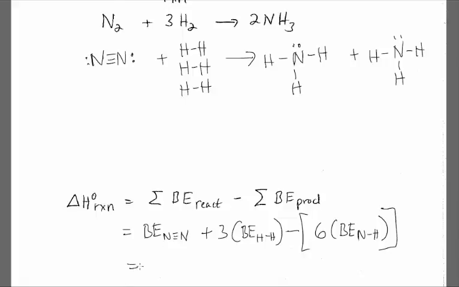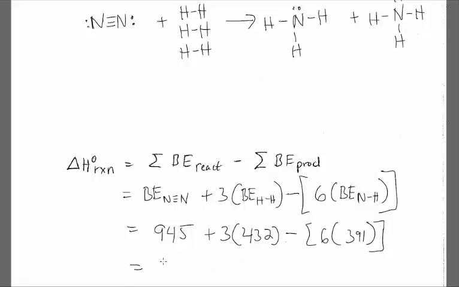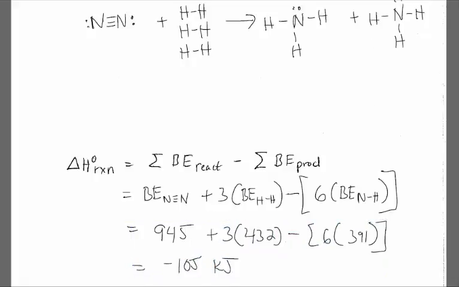All right, and then if you look them up on a table of bond energies, which any standard text will have, you'll see that nitrogen triple bond is a lot of energy to break. 945 kilojoules. To add to that, 3 times the bond energy of hydrogen, which is 432, minus 6 times the bond energy of NH, which is 391. And when you add them together, you'll get negative 105 kilojoules, which is an exothermic reaction. And that was